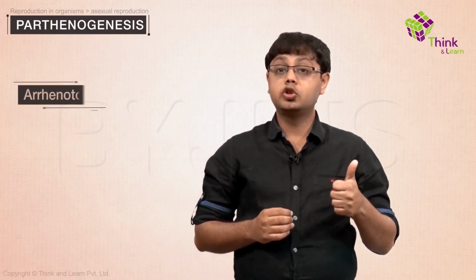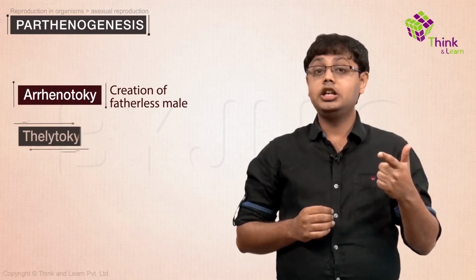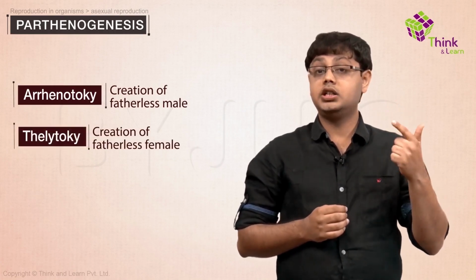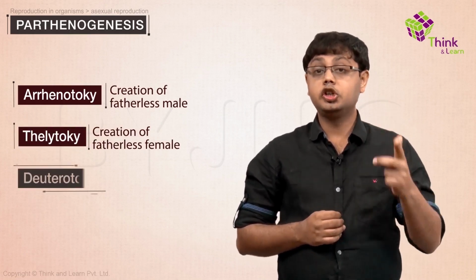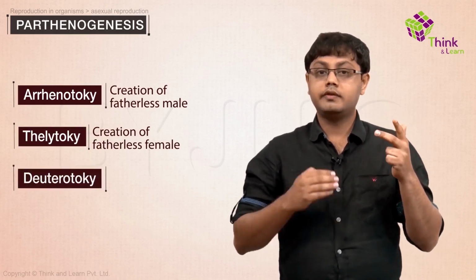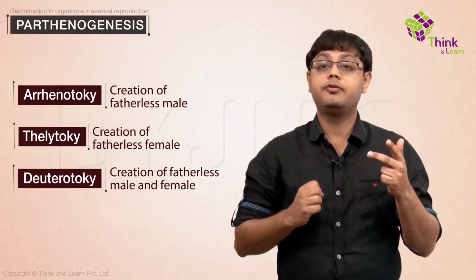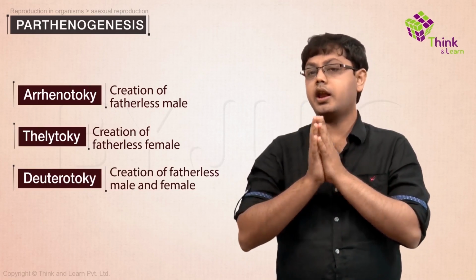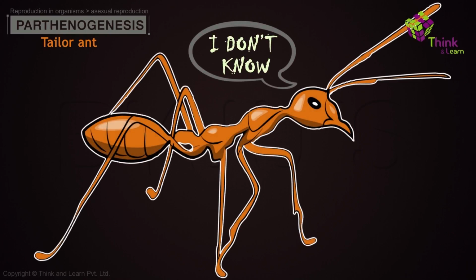So to summarize, parthenogenesis is divided based on the end product. Arrhenotoky, which involves the creation of fatherless males. Thelytoky, which is the creation of fatherless females. There is a third type as well, termed deuterotoky or amphitoky, which is the fabrication of both males and females by unmated females. Now, this is very rare and thought to be exhibited by tailor ants. A lot more research needs to be done to prove if this is indeed